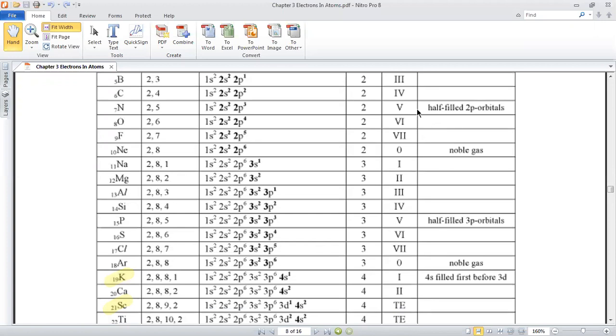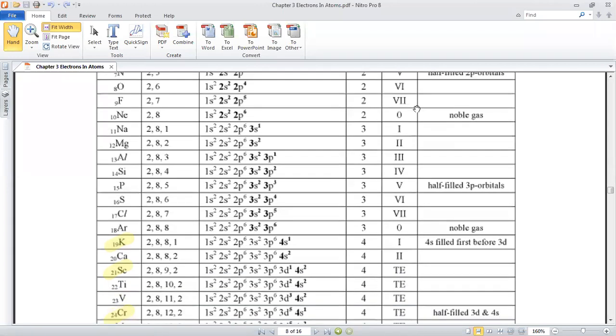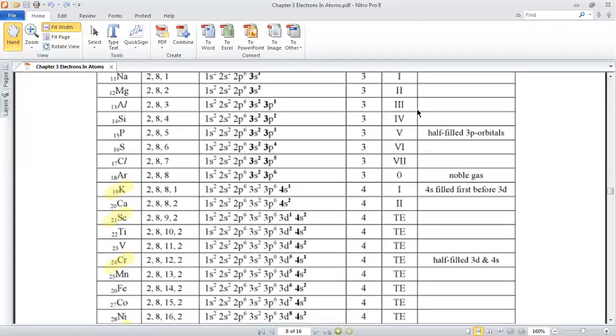Phosphorus is 3s2, 3p3, again half filled हो गया है, नाइट्रोजन के नीचे होता है phosphorus उसी ग्रुप में. Then sulfur 3s2, 3p4, chlorine is 3s2, 3p5, and argon is 3s2, 3p6. Again आपके outermost shell भी भर गया है 8 इलेक्ट्रॉन से और उसका outermost subshell भी भर गया है. पोटाशियम हम अभी देख चुके हैं 3p6 के बाद 4s1, कैल्शियम में 4s2, और स्कैंडियम जो है यहाँ ट्रांजिशन